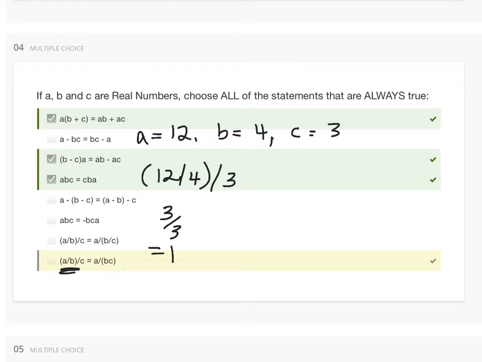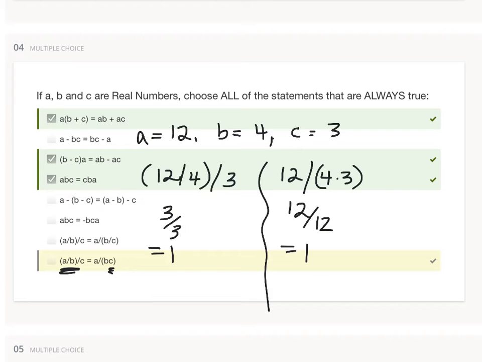If I try the other one, I would have 12 divided by, that's b times c, and b times c would be 4 times 3. The parentheses tell me to do that first, so 12 divided by 12, which would also be 1. So the reason that works is because